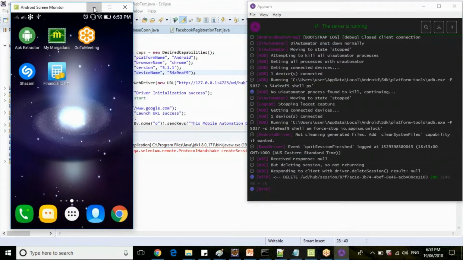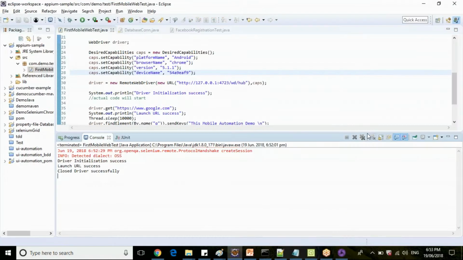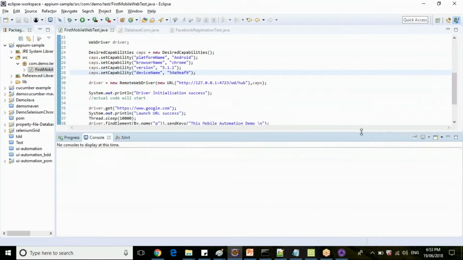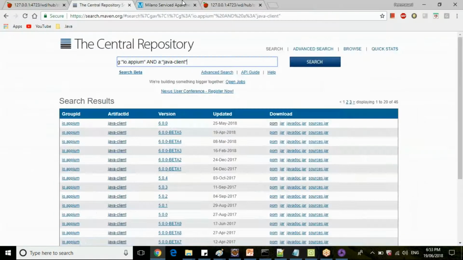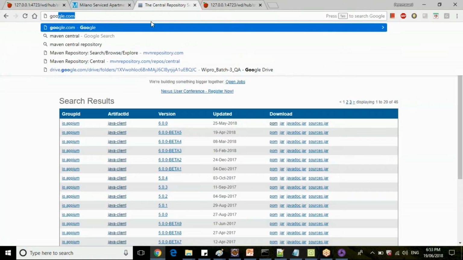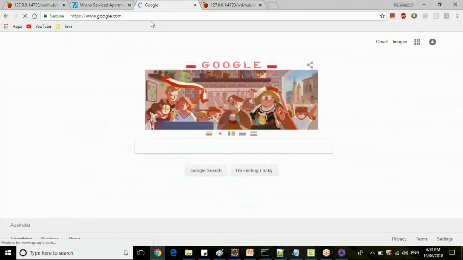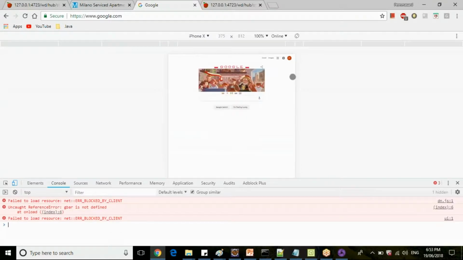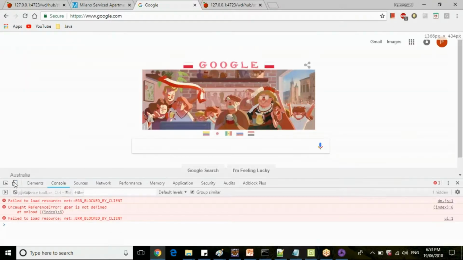Now the question is, how do we exactly identify the objects for a web application on a mobile? So there are two ways, guys. Just launch your Chrome browser in your system. Just type google.com. If you want to inspect elements, the elements you inspect in the Chrome browser will be the same here.